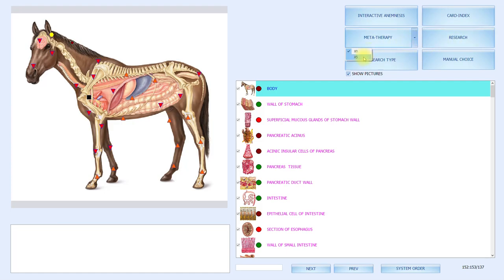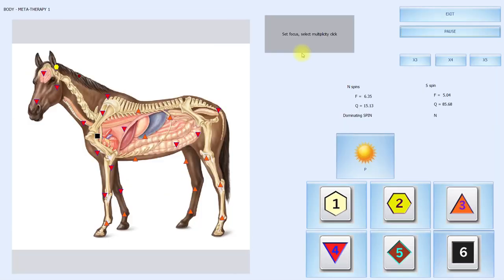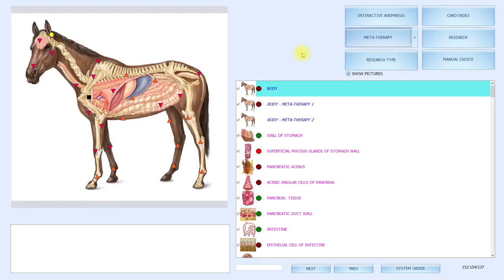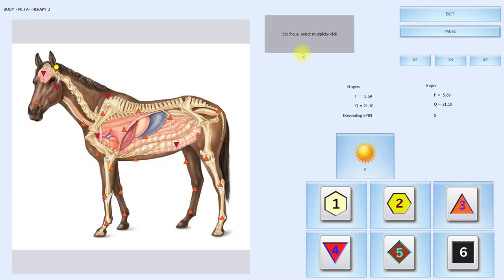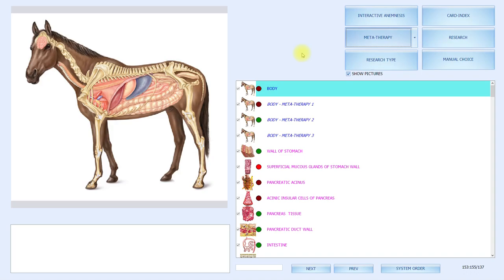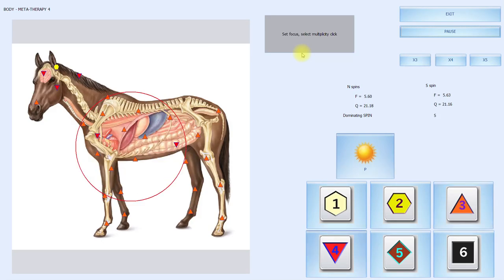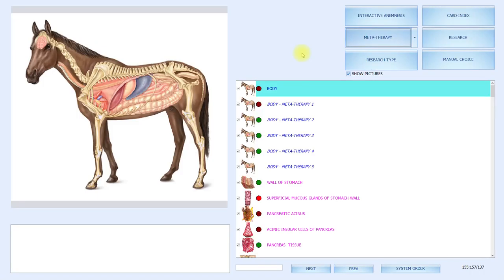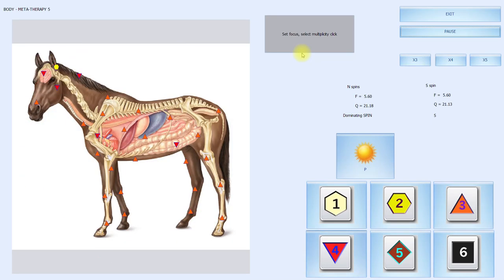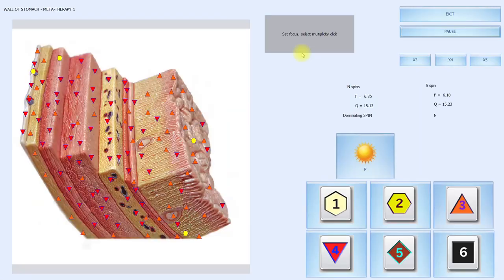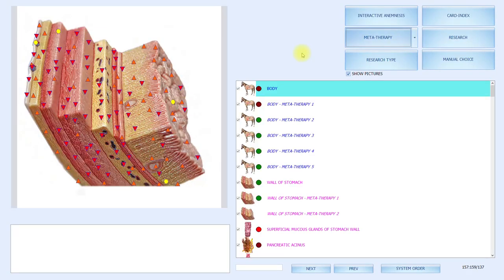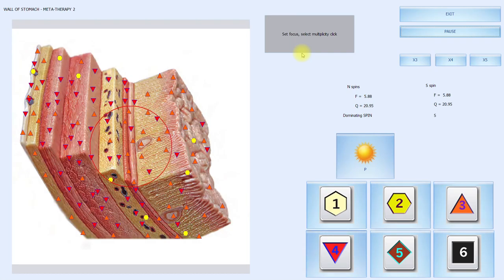And let's, for example, do it 5 times. Press the metatherapy button. And then the item and the body gets treated 5 times. And the system recognizes the good things from the bad things. So for the good things, the sun is used to enforce